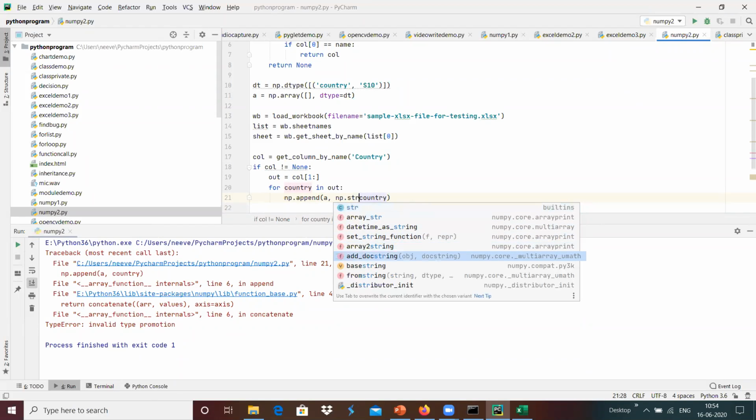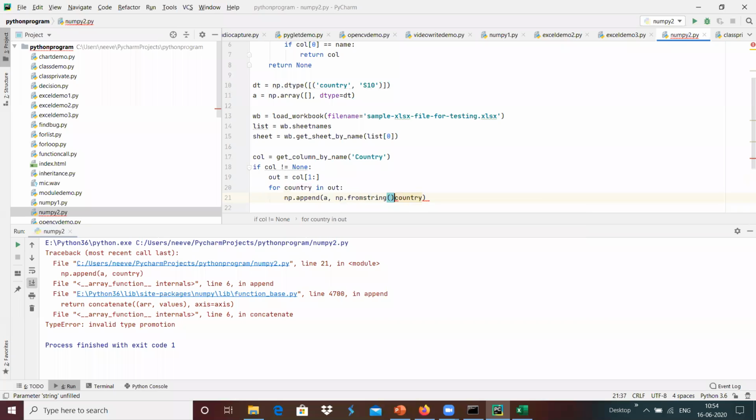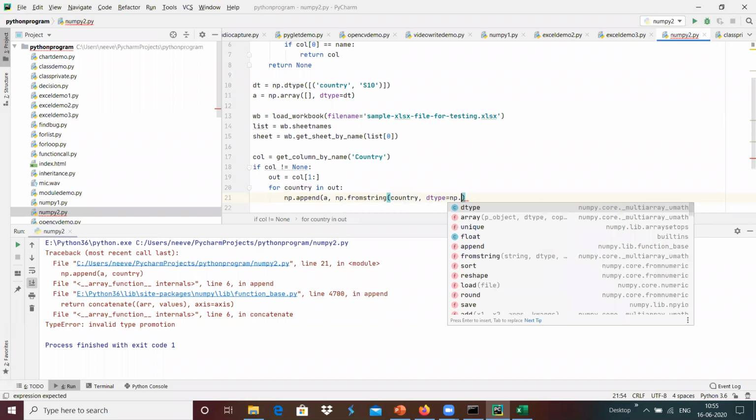I wanted to convert from string the country, comma, dtype equals np.string.